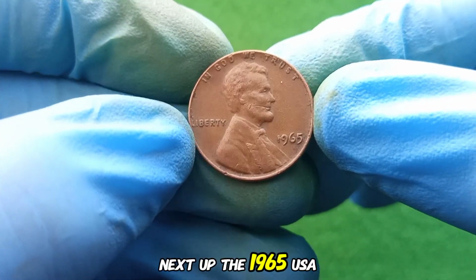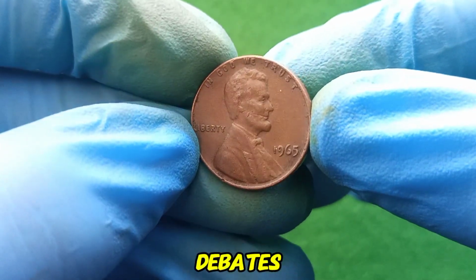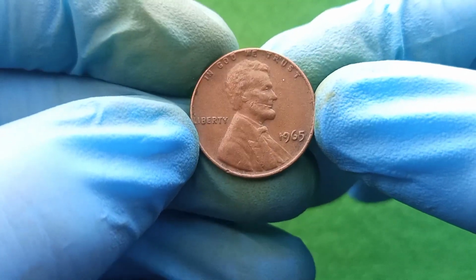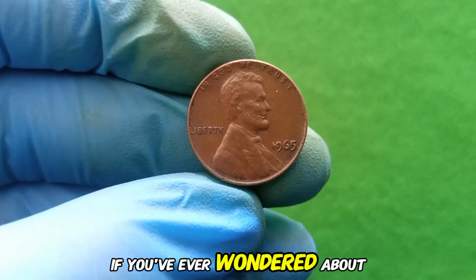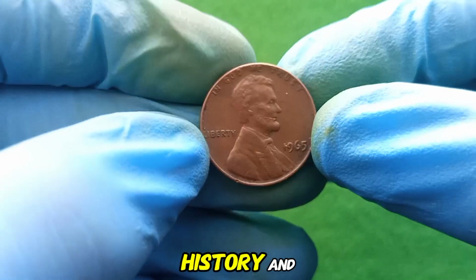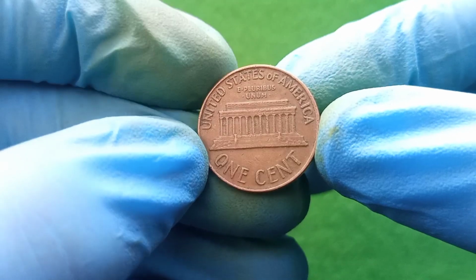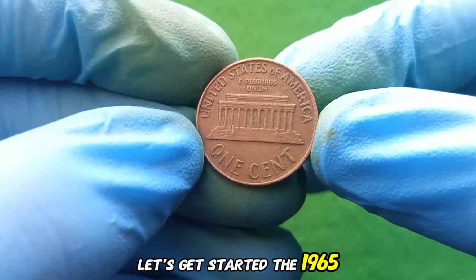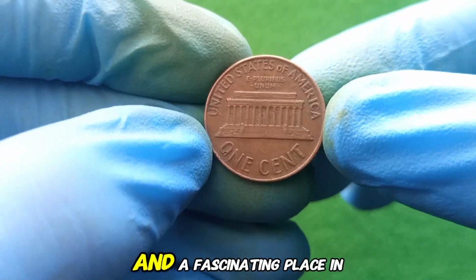Next up, the 1965 USA quarter dollar. This coin has sparked countless debates, fueled the passions of collectors, and continues to be a hot topic in the coin collecting community. If you've ever wondered about its value, history, and why so many people are eager to get their hands on it, you're in the right place. Let's get started. The 1965 USA quarter dollar is a coin that carries a unique story and a fascinating place